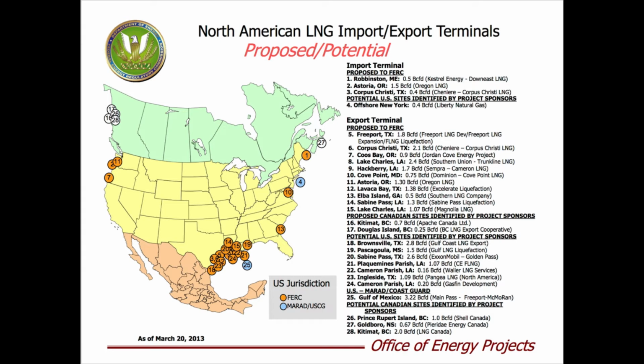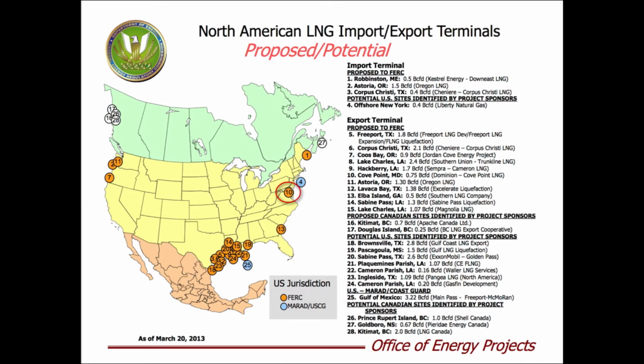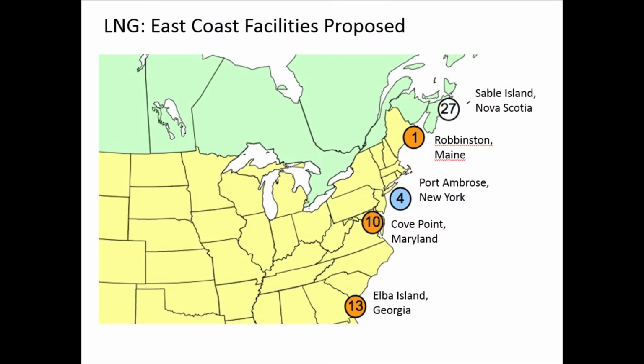So these are all the LNG ports that are being proposed in North America. This is just one huge fight that I'm working on in New York City. This is everything that's going on here in North America. A lot of this gas being drilled here, because all these pipelines are going bi-directional now, they can ship it out of Nova Scotia, off Maine, Port Ambrose, which hopefully won't get built, and here's Cove Point here. This is just an up close of the area that we all live in.